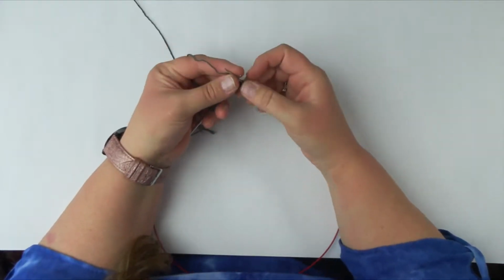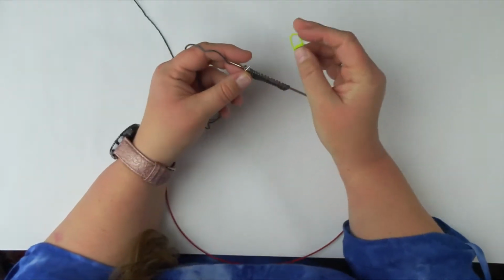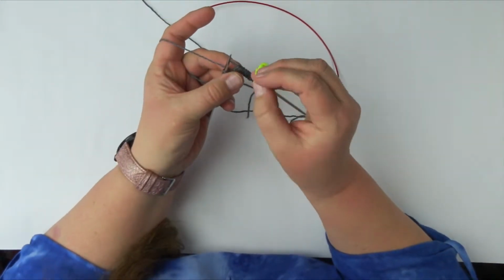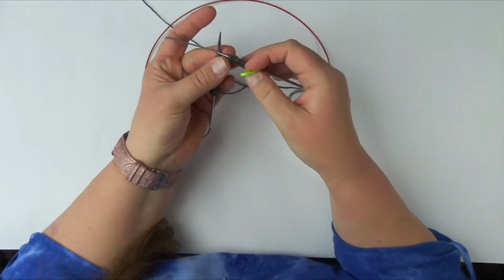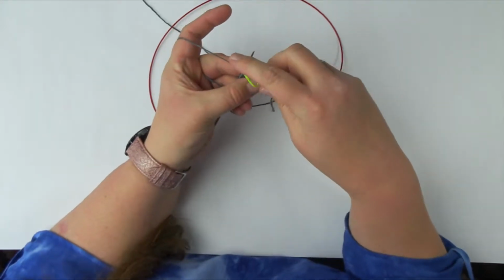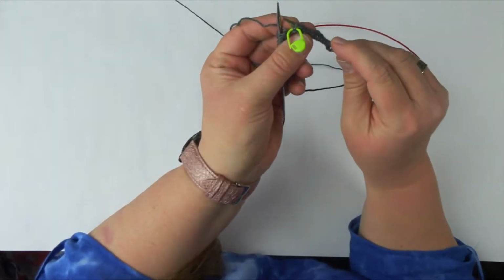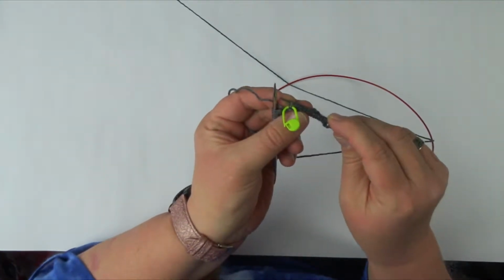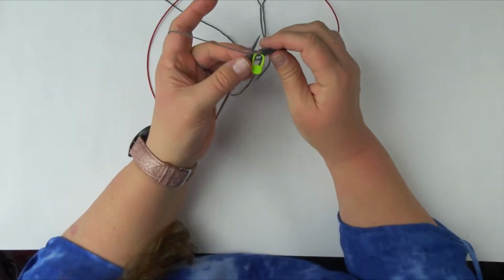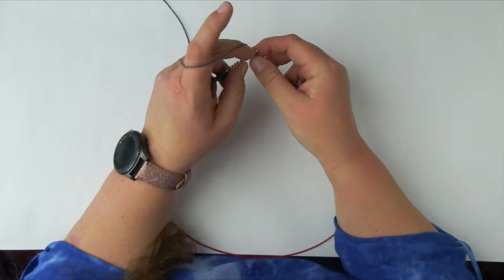I'm going to go ahead and, as I said before, knit this stitch because that's what I like to do. You can definitely purl it. So I'm going to turn my work over for a minute. I'm going to put my locking stitch marker around this stitch. So I've got it right around this center stitch. Then I'm going to turn my work back over and knit that stitch